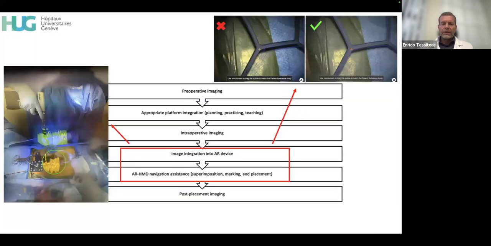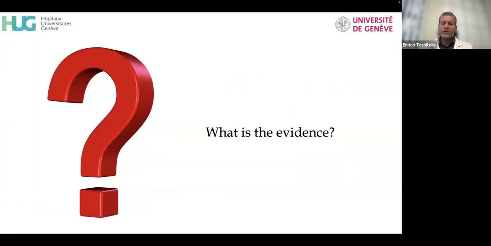The third and most important step is, of course, the injection or the superposition of the computer-generated image on the microscope or into the microscope or into the head-mounted displays, like you see on the left. And there is an integration into the AR device, and the superimposition should be perfectly overlaying the two images. Otherwise, it won't be reliable, of course.